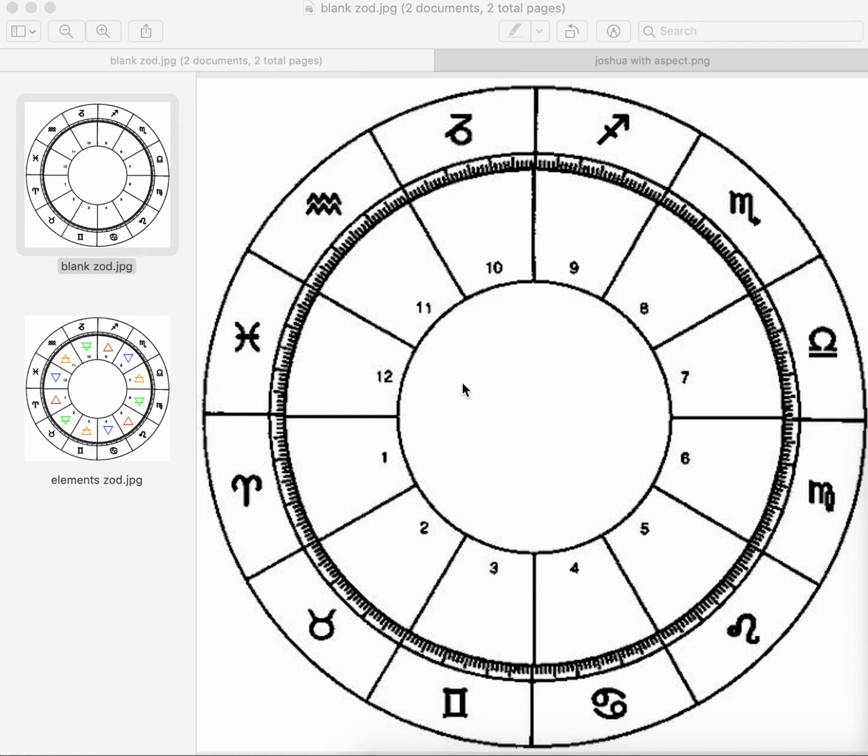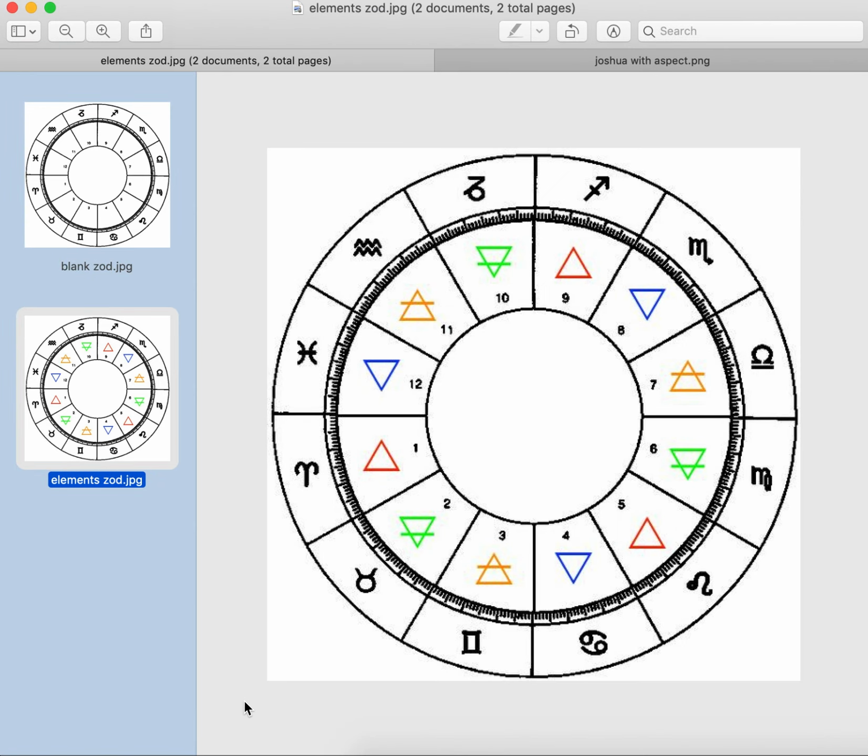I have been showing you the zodiac like this. Hopefully you know the glyphs at this point, but pause, go back to an old video, go through them again in case you're still a little bit rusty on that. And we're going to move into elements right away. Okay, so here I've added in the elemental glyph for each zodiac sign,